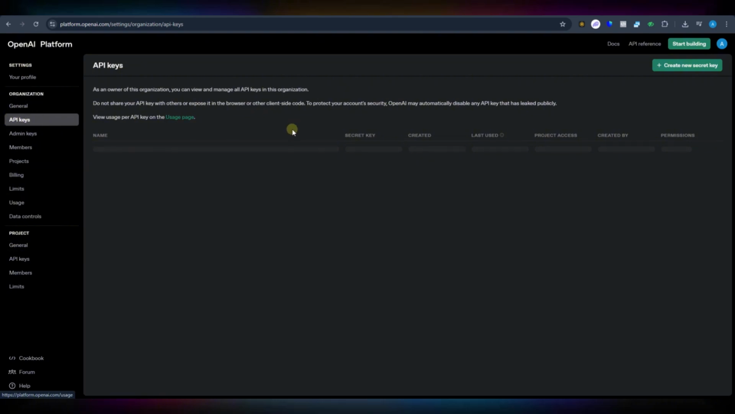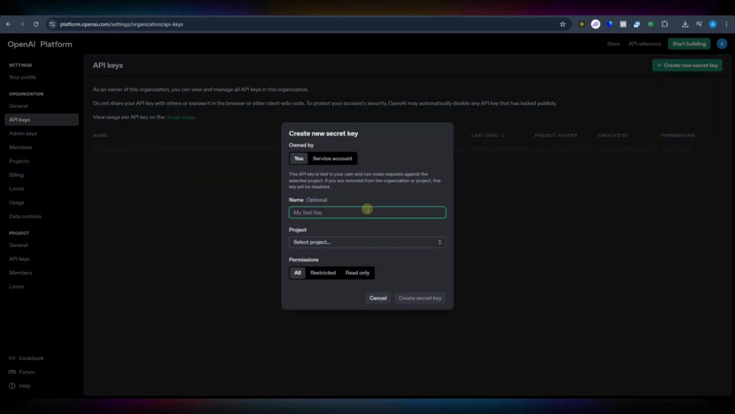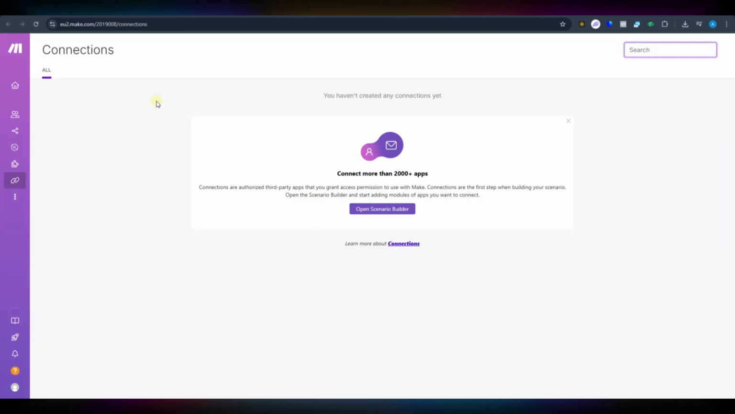search it. And once you open it, I'm gonna create a new API key and I'm gonna name it make.com. And here I'm gonna select default project. I'm gonna go and create the secret key for us. Now that we have our API key, I can open Scenario Builder, build a scenario, and integrate OpenAI API key